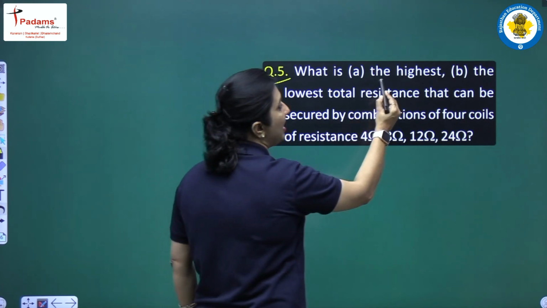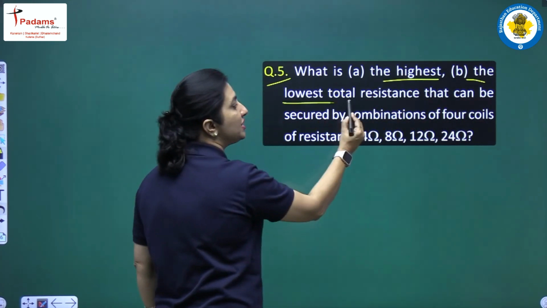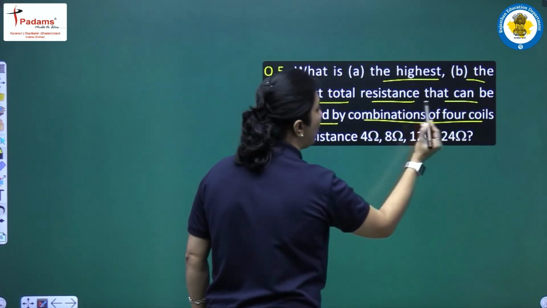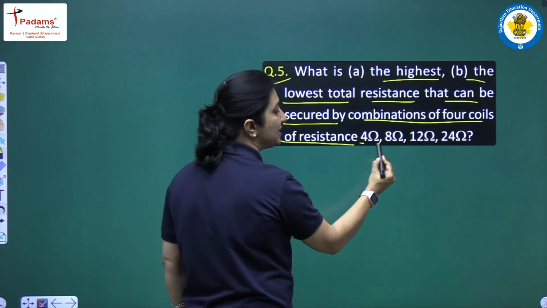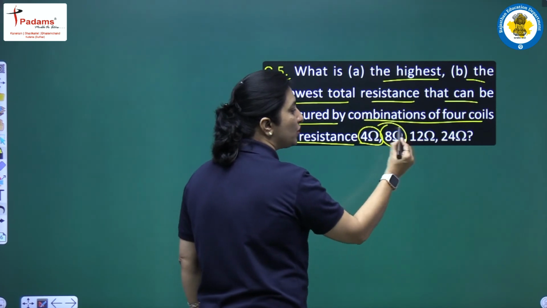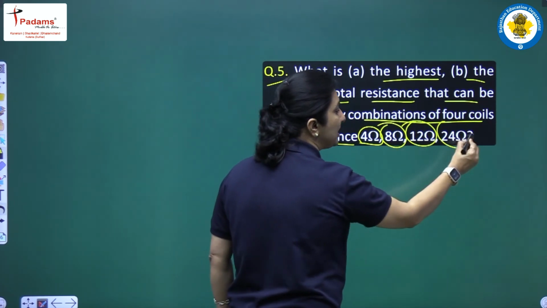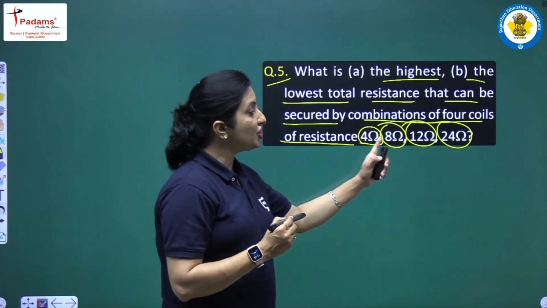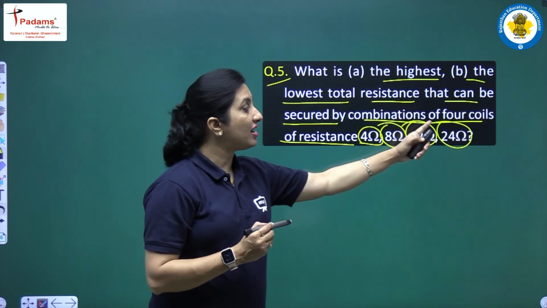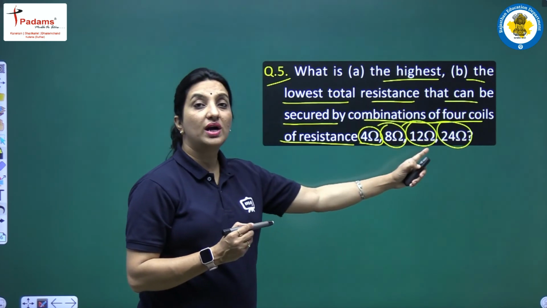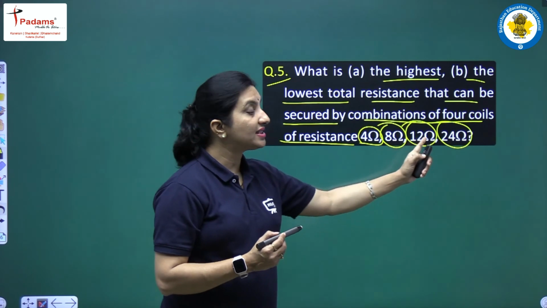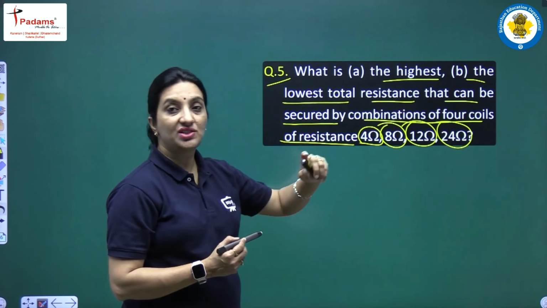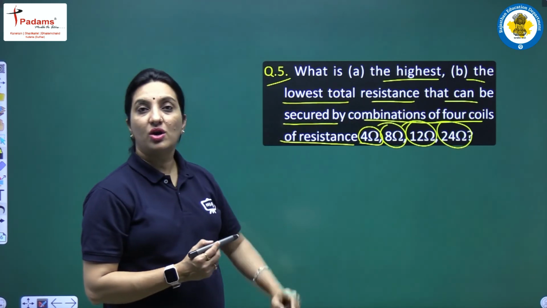What is the highest and the lowest total resistance that can be secured by combinations of 4 coils of resistances, 4 ohms, 8 ohms, 12 ohms and 24 ohms. यहाँ पर स्टूडेंट्स हमें इन 4 रेजिस्टेंसेस से 4 कॉइल्स दी हुई हैं जिनका रेजिस्टेंस दिया हुआ है। तो इन 4 रेजिस्टेंसेस का ऐसा कॉम्बिनेशन बनाना है कि हमें एक बार तो हाईएस्ट रेजिस्टेंस मिले और एक बार लोएस्ट रेजिस्टेंस मिले।